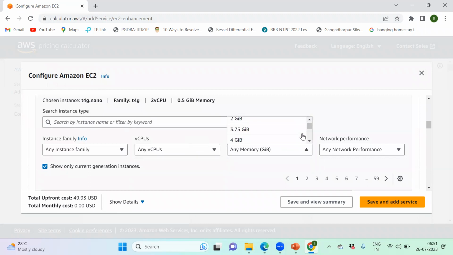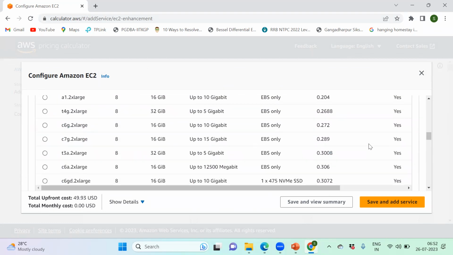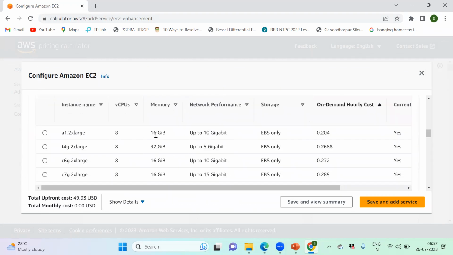You can choose some more. Here is the option for the filter. Suppose you want to choose 8 or more than that, 7.5 or any other thing more than that, any CPU more than, suppose, 8. You can search for it. Okay, 8 CPU, 16 GB.